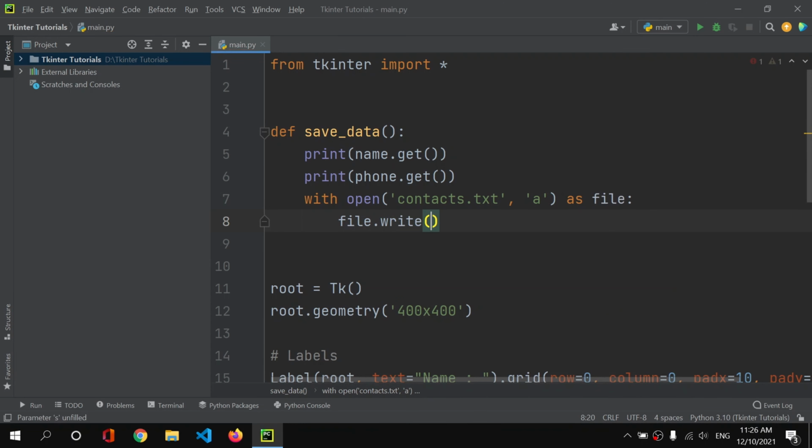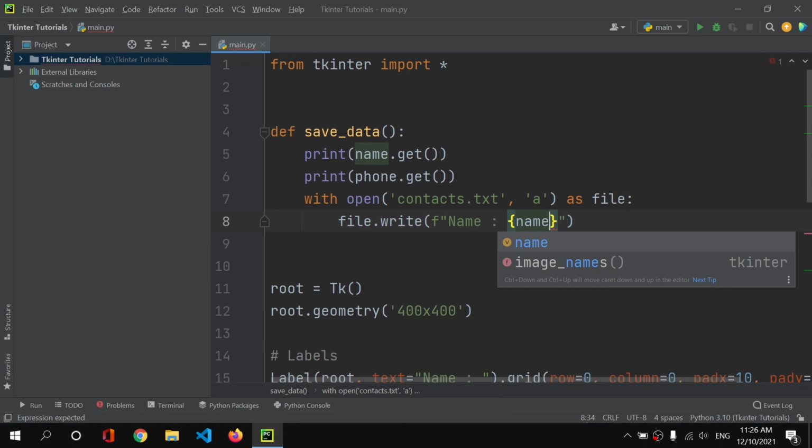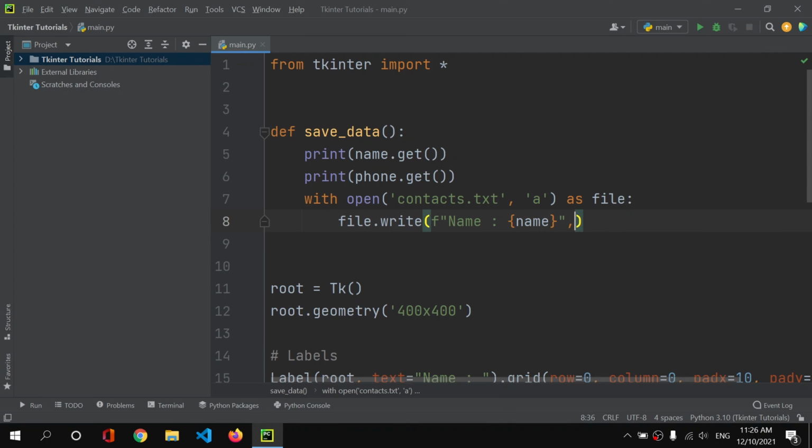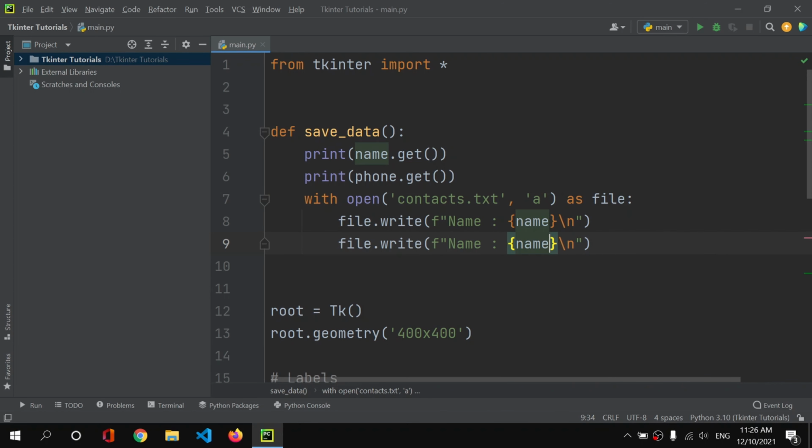So we will write to this file, and what do we want to write? We want to write the name. Okay, so I will write this text. I will use an f-string, and I will write name, and this name will be the actual name that we get. So name, and here I will use the \n, and then I will similarly write the phone here.